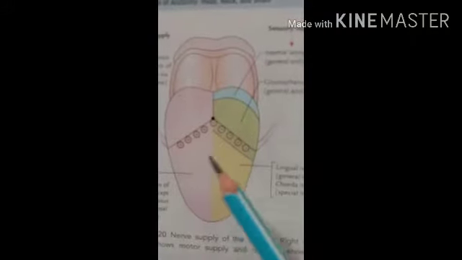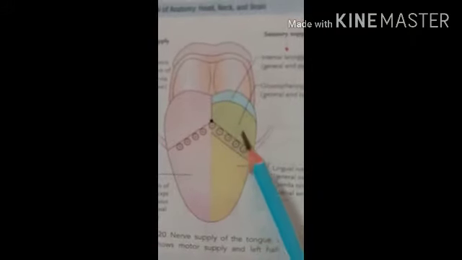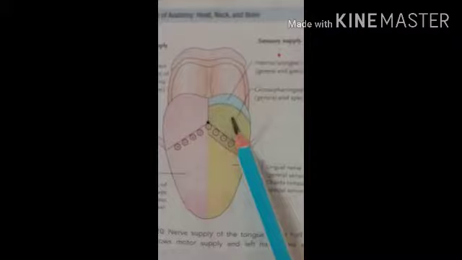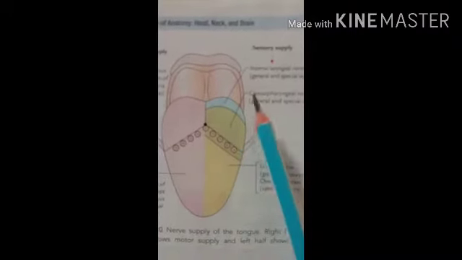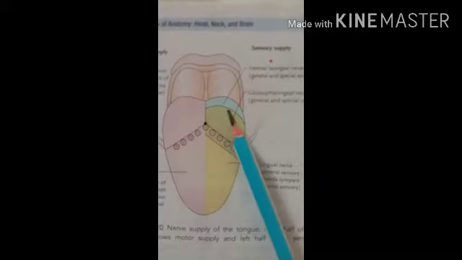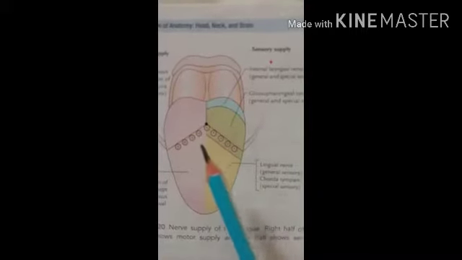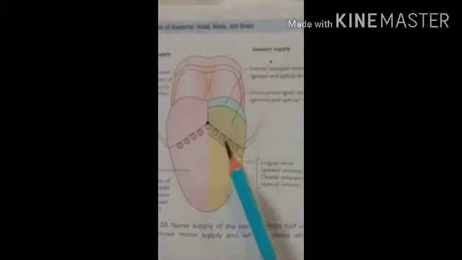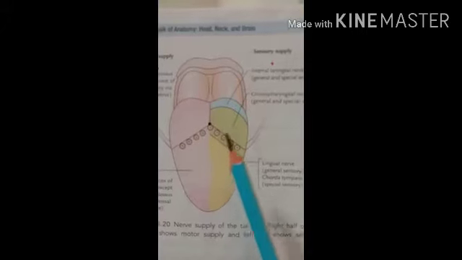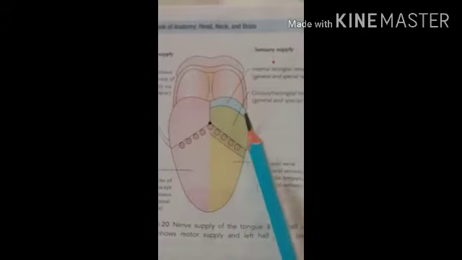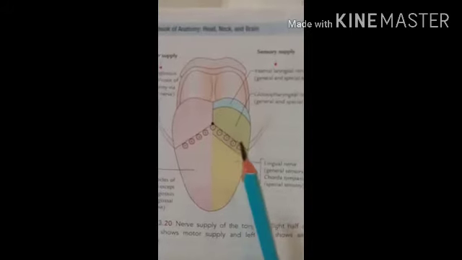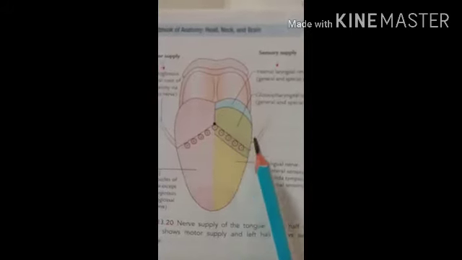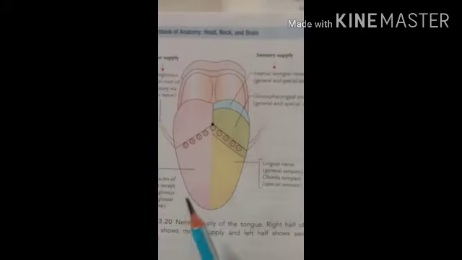Then the referred pain of cancer of the tongue. A patient with cancer of the tongue often complains of pain in the ear, temporomandibular joint, temporal fossa and the lower teeth, and this is due to referred pain. It is important to note that pain is frequently referred from one branch of the mandibular nerve to another. And you know, carcinoma commonly involves the anterior 2/3 part of the tongue.